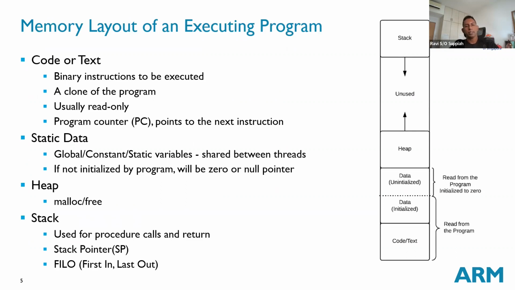All right, so what is the memory layout of an executing program? I'm just giving you an introduction here only. There's one more topic later where we'll go through this in more detail. Generally, the code that we write will be compiled, when we click on the compile button, into assembly language, and then finally the binary code. That binary code is stored in what we call the code section or the text section